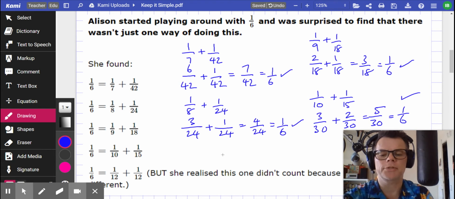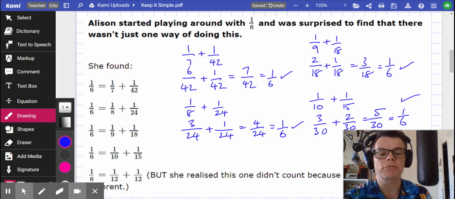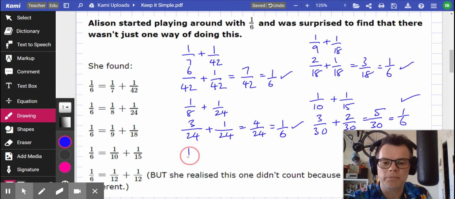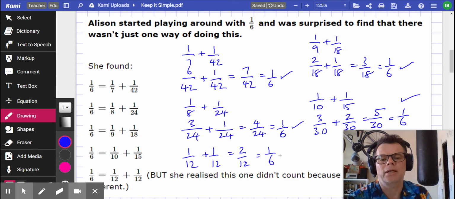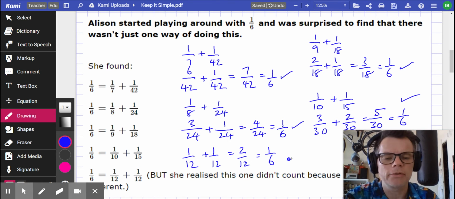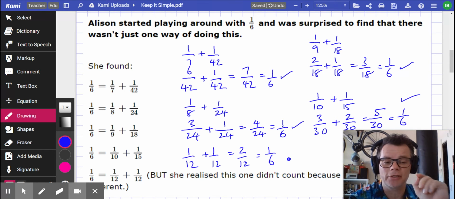And a 12th plus a 12th, but she realized it didn't count because they were not different. Oh, I see. So they've got to be different unit fractions, although a 12th plus a 12th is indeed a 6th because it's 2/12ths, which is a 6th. They say, well, that didn't count because they were the same. So we've got to have a strict rule there. The unit fractions must be different. Okay, great. So very well done if you scripted all those answers because they're really going